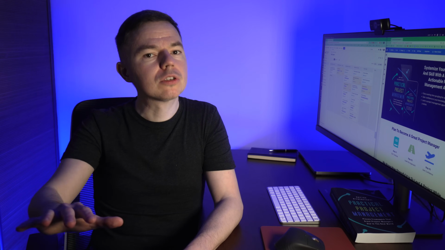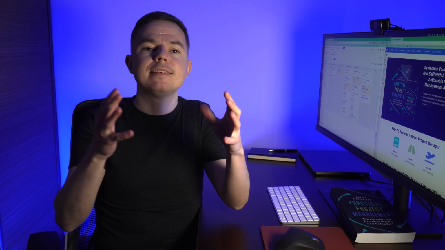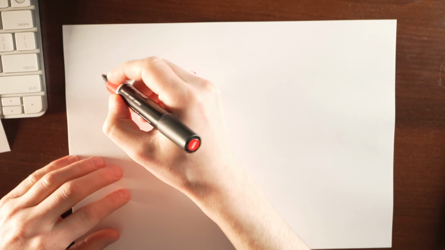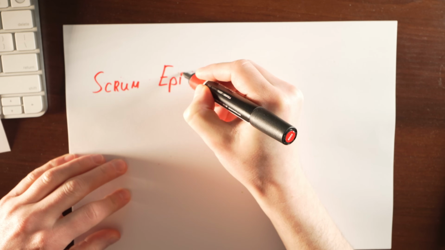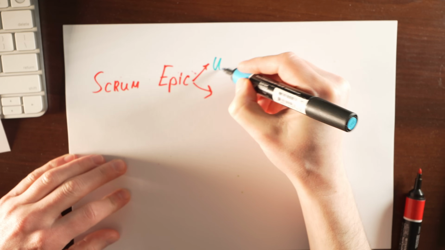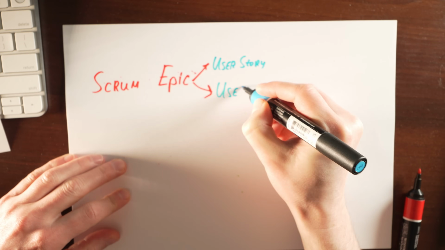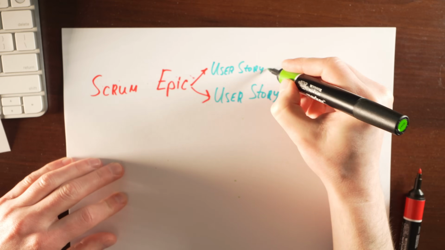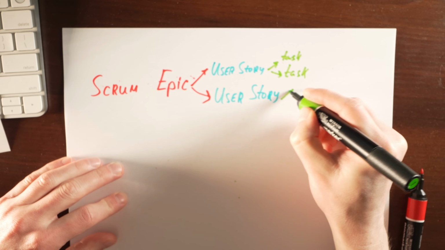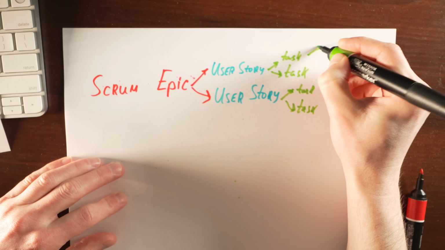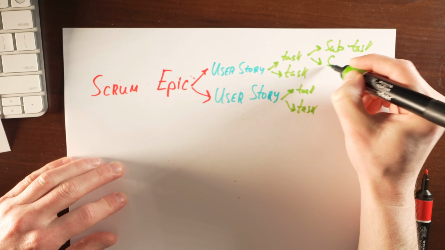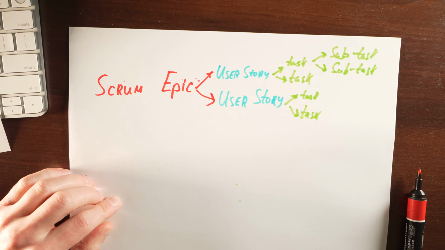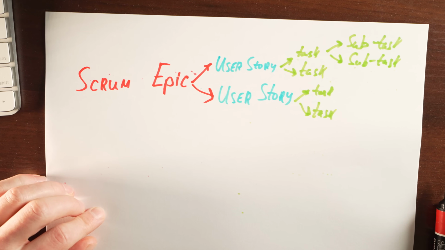And the most crucial area of Jira is the backlog section. Here we need to step back for a second to understand the issue types. And issue types in Jira follow the agile best practices. So if you use Scrum, by default the top level of the organization is epic. Next you break down epics into user stories. Next you can break down user stories into tasks and subtasks. This is the intended hierarchy in Jira.